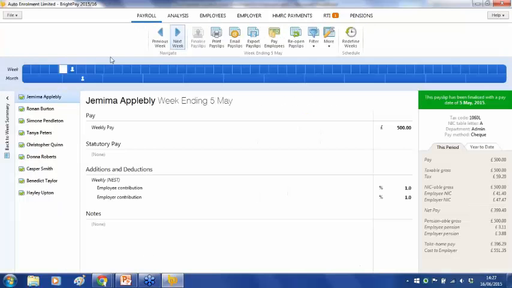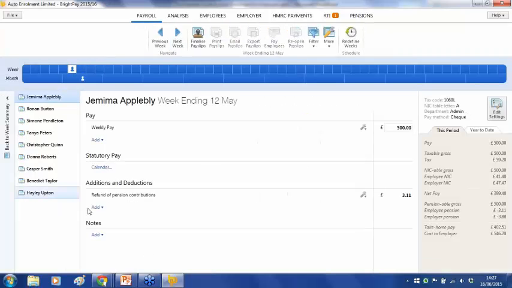And if I then go into the following pay period for her, if she's made any pension contributions already, these are now being refunded back to the employee there. Okay. So at any time, should you wish to generate any automatic enrolment reports, the analysis function will assist you